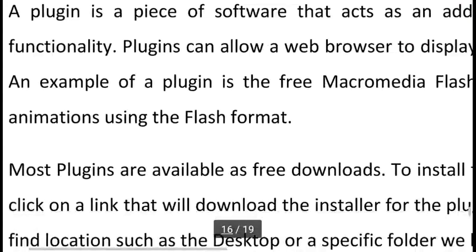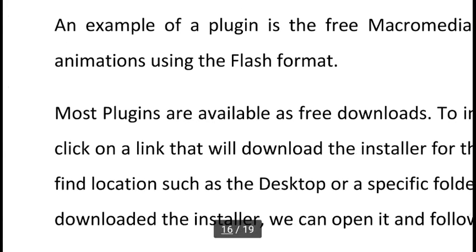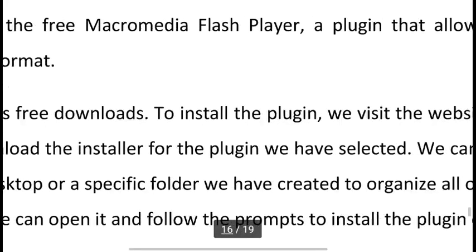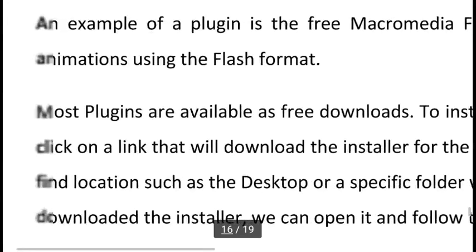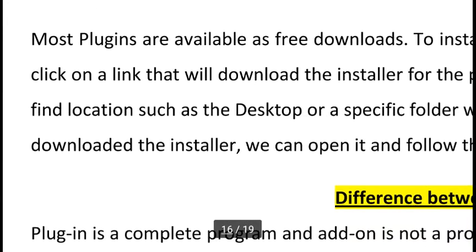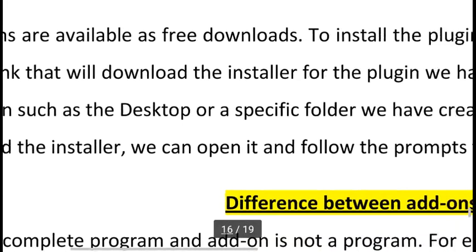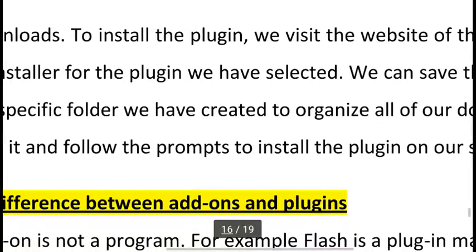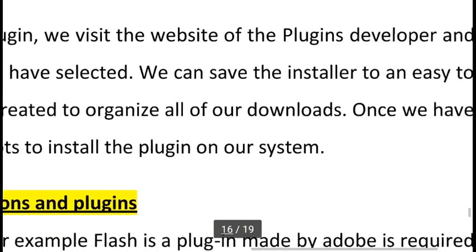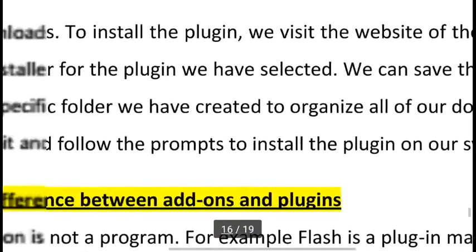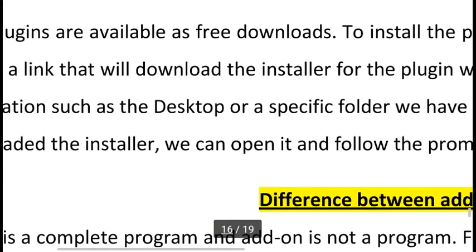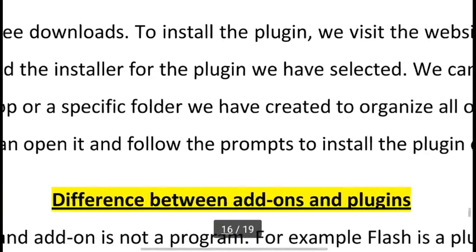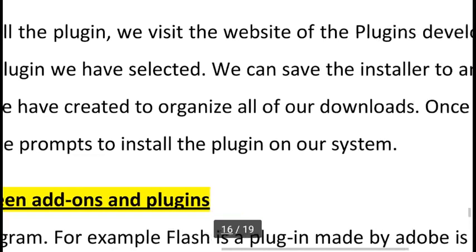Most plugins are available as free downloads. To install a plugin, we visit the website of the plugin developer, click on a link, and then download the installer. For the plugin we have selected, we can save the installer to an easy-to-find location such as the desktop or a specific folder we have created to organize all our downloads.